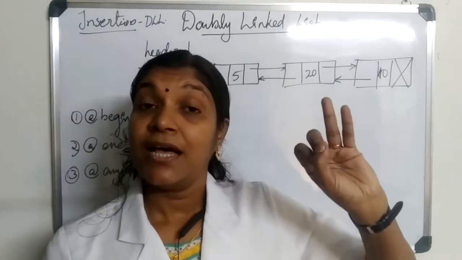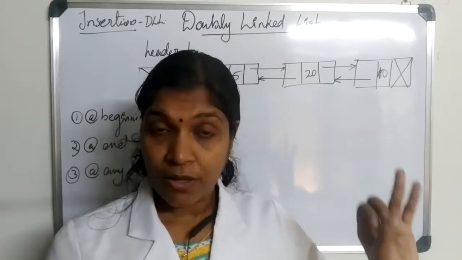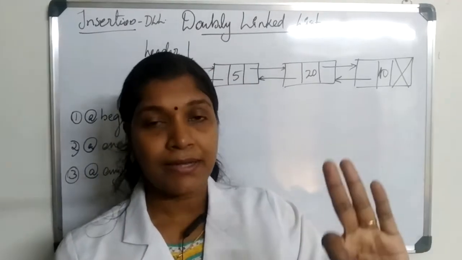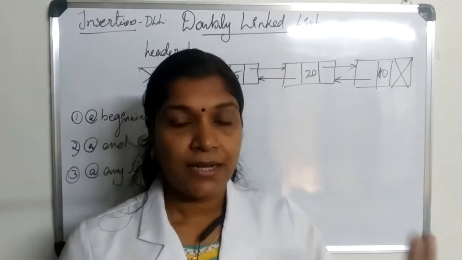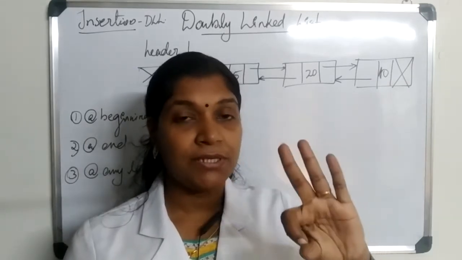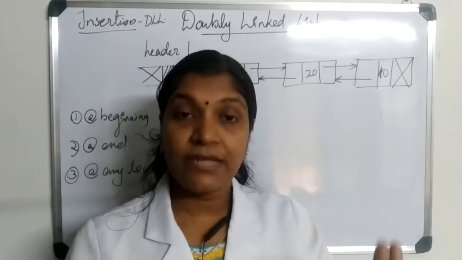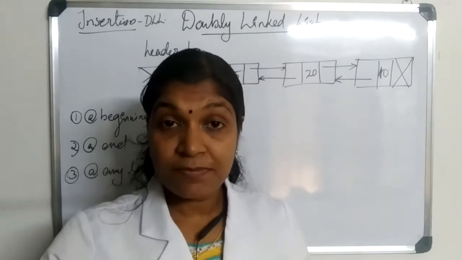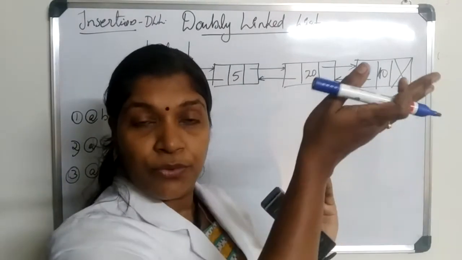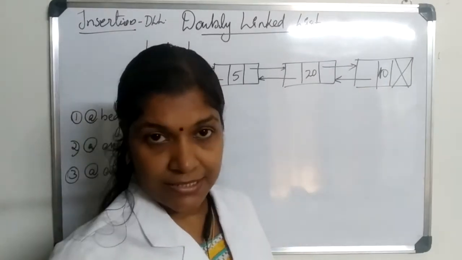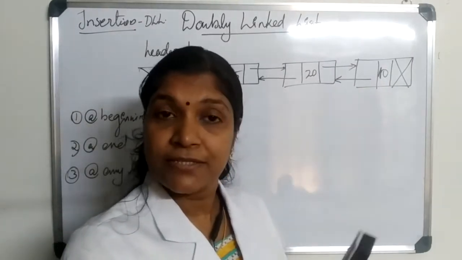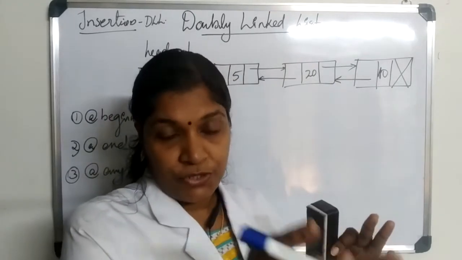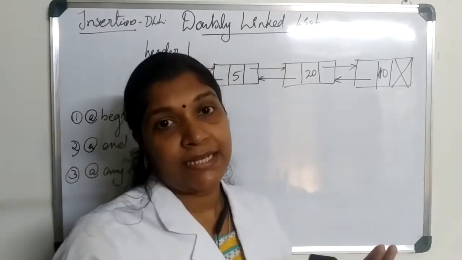Then next is allocate data into our new node and set the link parts, previous part and next part, as null. So these three are the steps in order to make our new node ready for insertion. After making our new node ready for insertion, the next part is to join that new node into our existing linked list. Whether it is an empty linked list or a non-empty linked list, we'll add that new node into this existing linked list.